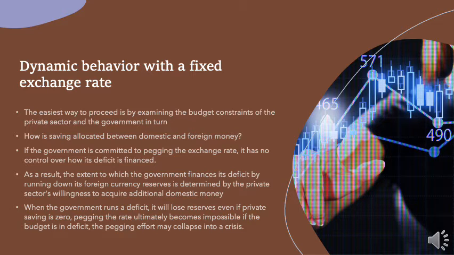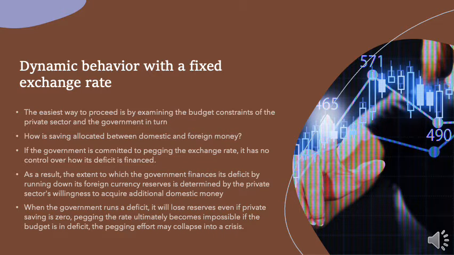In allocating their savings between domestic and foreign money holdings, the private sector will consider the yield on investment in domestic currency. As long as investors believe that the government will continue to peg the price level, there will be a stable relationship between wealth and money holdings. This is because the price level is fixed, leading to a higher yield on investment in domestic currency.